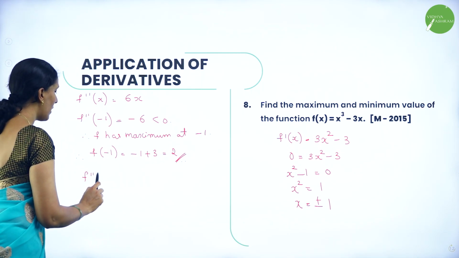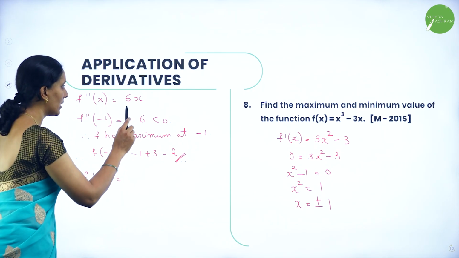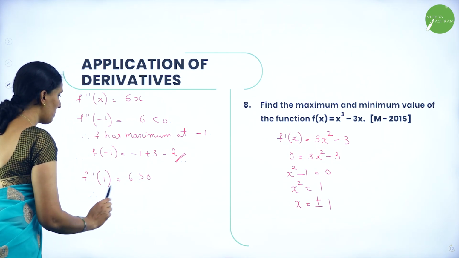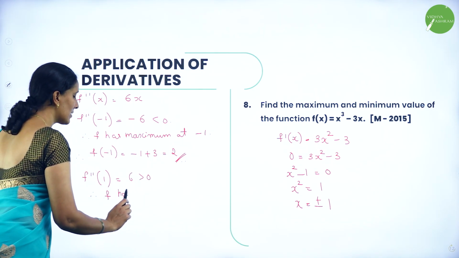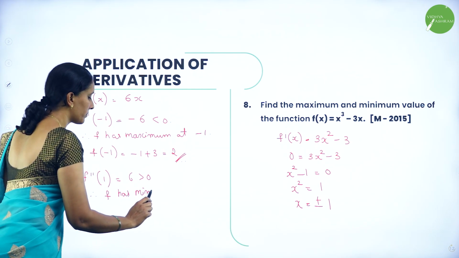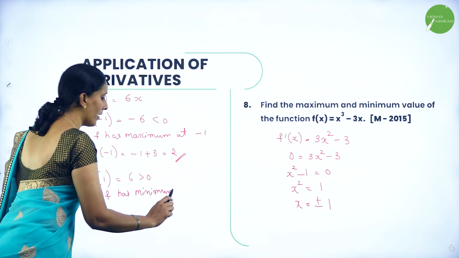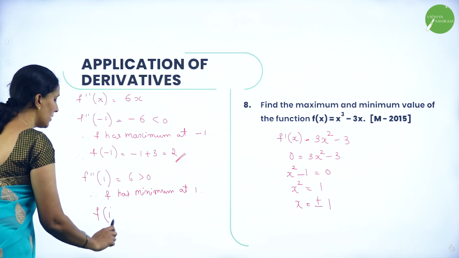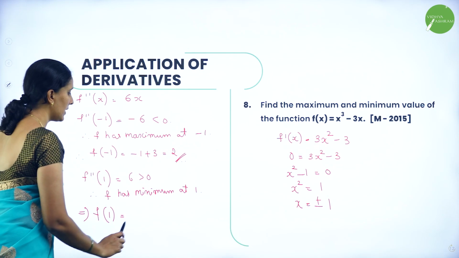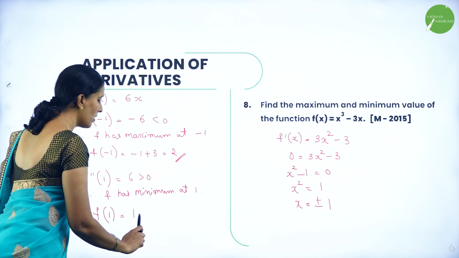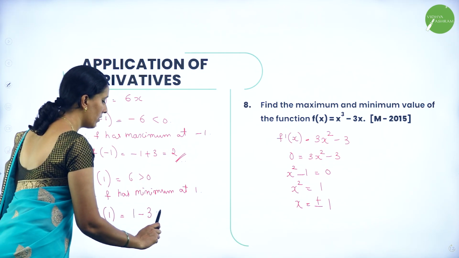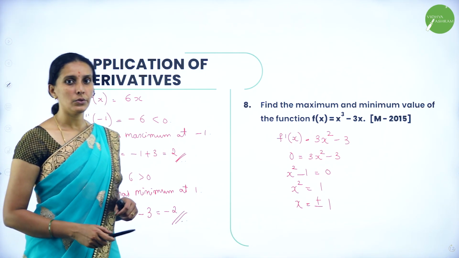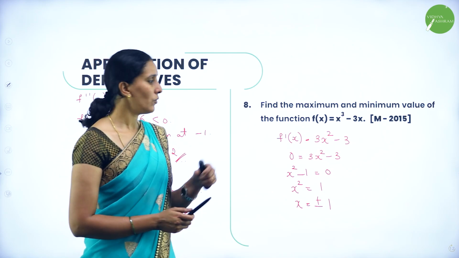Similarly, let's check f double dash of 1. So you will get 6 ones are 6, which is greater than 0. So whenever it is positive, that means f has minimum at 1. So let's check f of 1. So f of 1 is equal to, so 1 cube is 1, minus 3 into 1 is 3, which is equal to minus 2. So therefore 2 is the maximum value and minus 2 is the minimum value of the